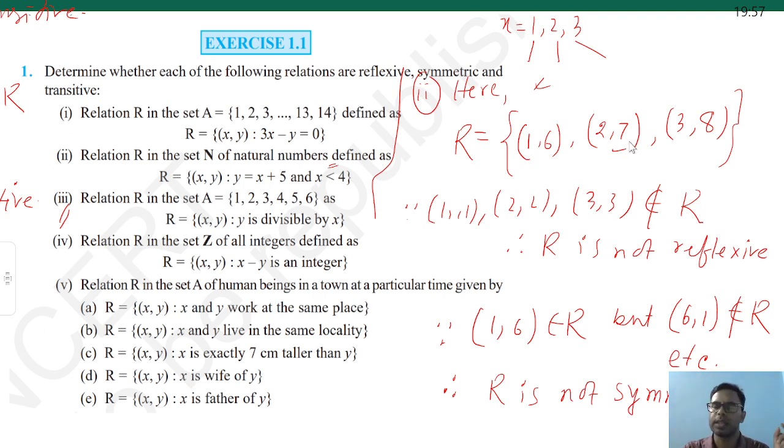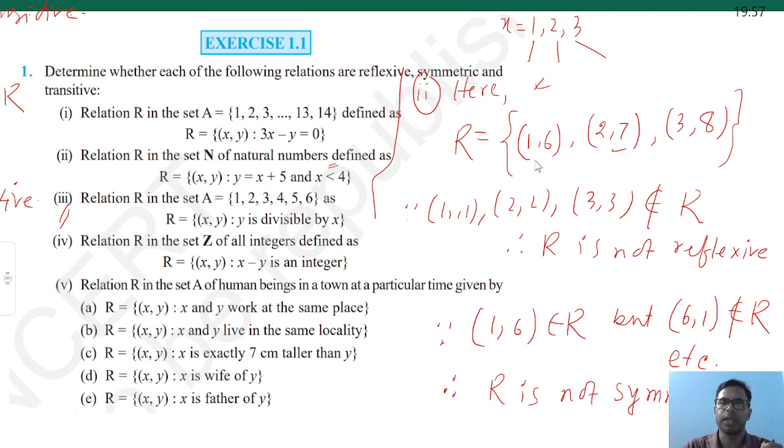There are no such elements. Similarly (3, 8), (8, something), no such element. Since such elements are not there, the (y, z) type is absent though (x, y) is present,